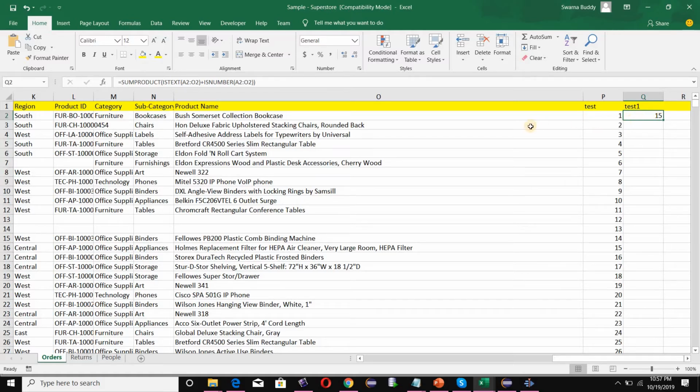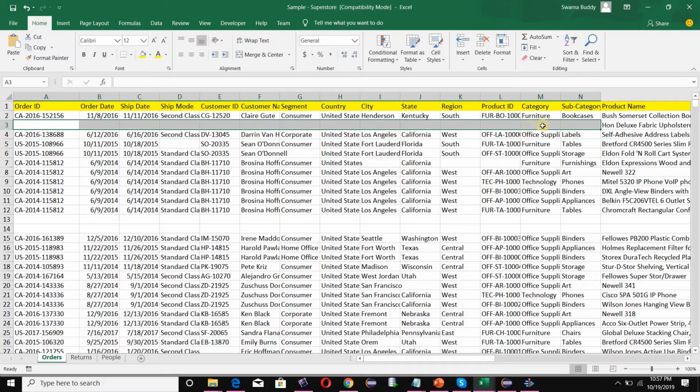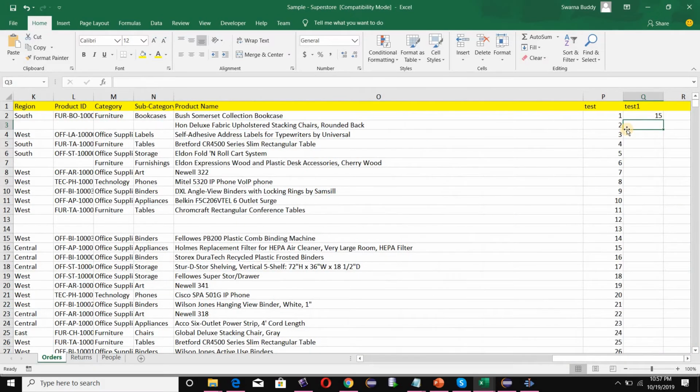Let me test it by populating just one cell in a row. I'm going to delete everything and keep only this cell, and click here. You can see only one cell is populated in this row and it shows 1, and when no cell is populated in a row, it shows 0. In this way you can find how many rows are fully empty and how many are non-empty,